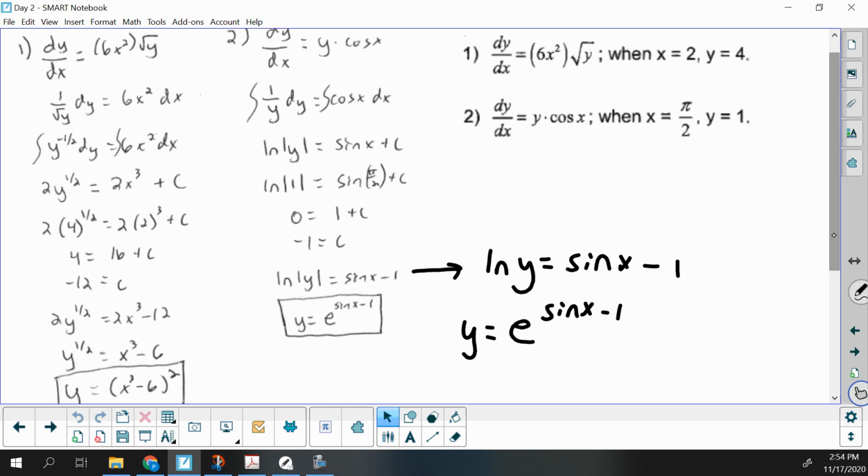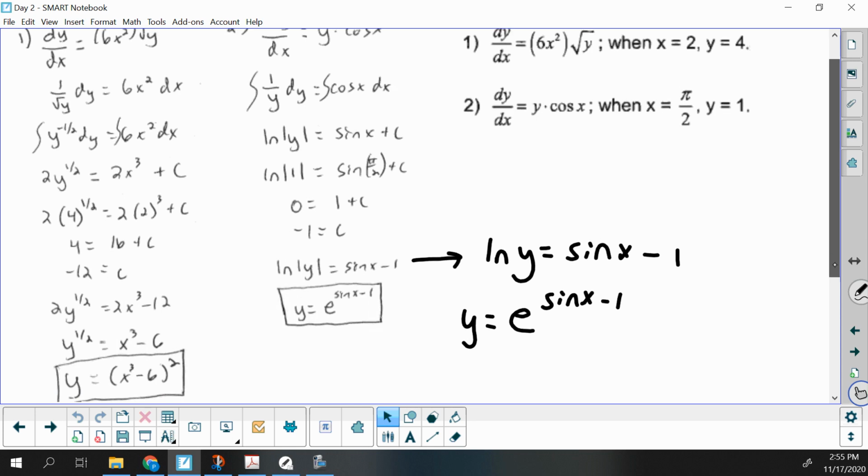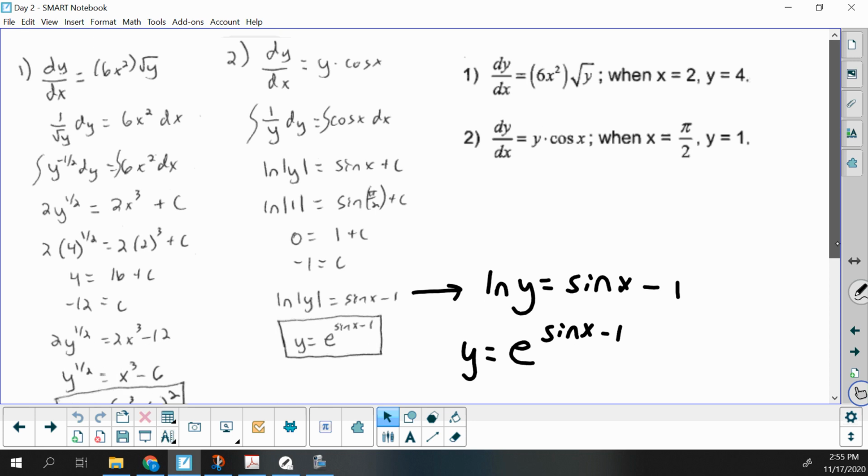So in 1, multiply your dx over, divide your square root of y over. Do your antiderivative of both sides. Sub in our point to get the c is negative 12. Rewrite your equation with the c filled in. And then we'll divide by 2, take the square root, and that gives us our equation there. No issues in the equation with things that could be undefined. No issues in the original differential equation,